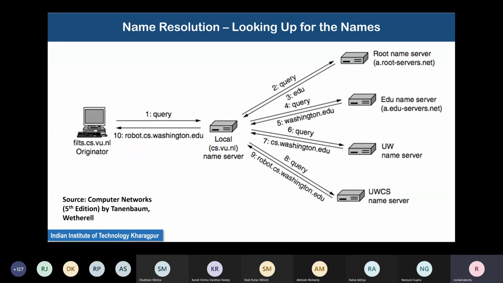Well, I'll try to explain. It is fully difficult to explain at this stage until we go to the transport layer, but I will just try to explain with this diagram. Just concentrate on the local name server and this client, fields.cs.vu.nl. Okay, only these two computers. Forget about the rest of the name servers.